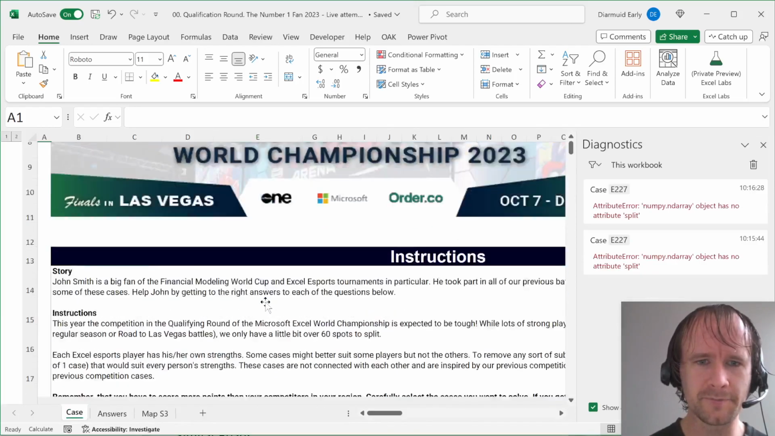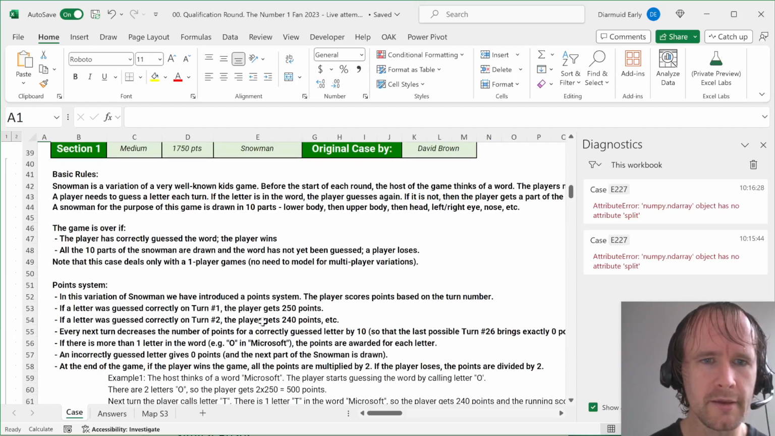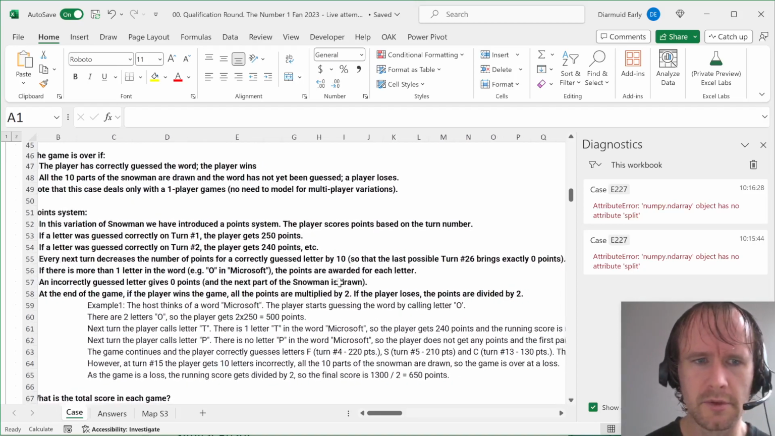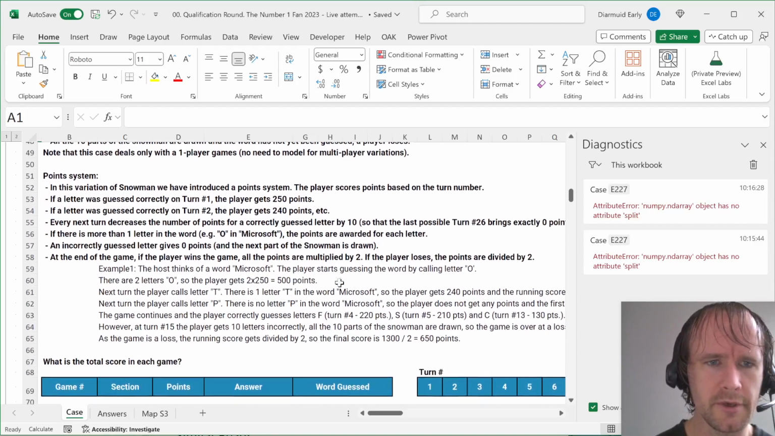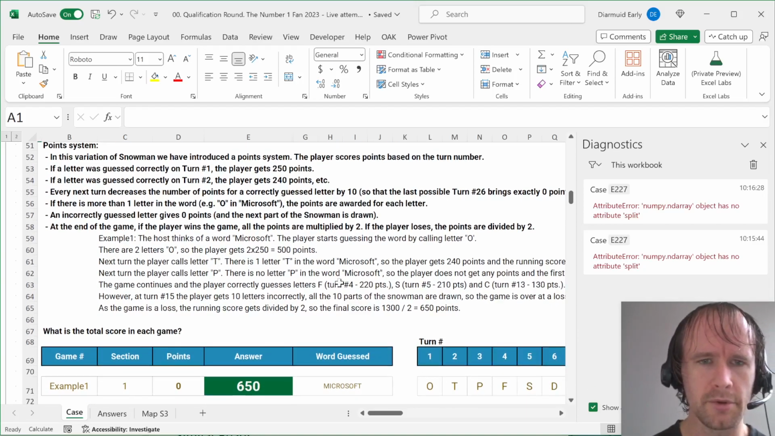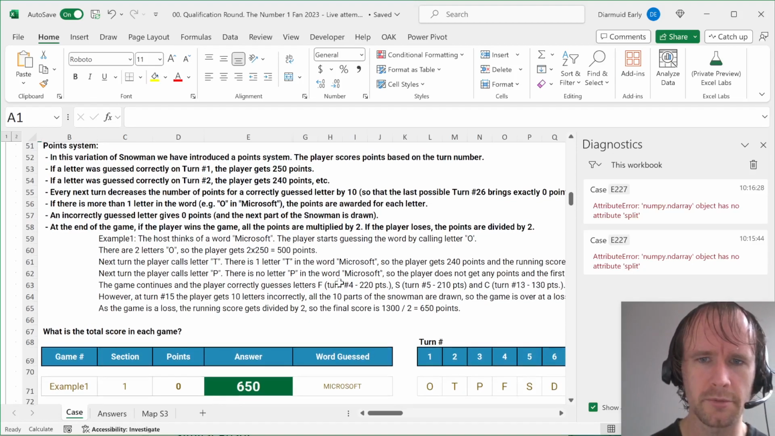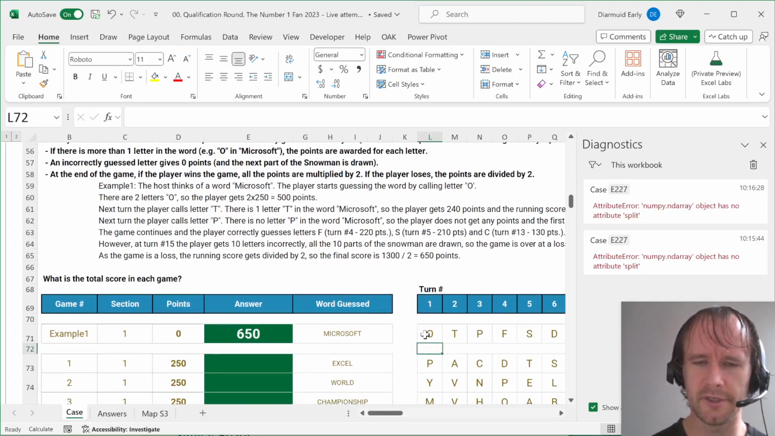Okay, so level 1, snowman. Game is over, blah, blah, blah. In this variation of snowman point system, the letters guessed correctly on turn 1, 250 points, then 240. Fine. There's more than one letter. Points are awarded for each letter. Fine. An incorrectly guessed letter gives 0 points, and the next part of the snowman is drawn. At the end of the game, if the player wins the game, all the points are multiplied by 2, otherwise divide by 2. Okay, so I think first I need